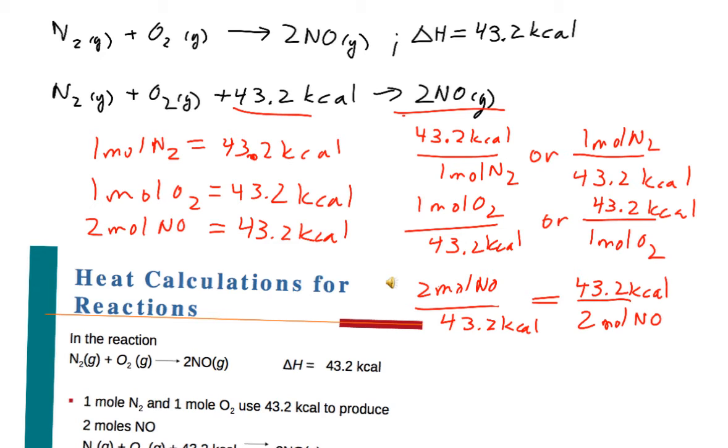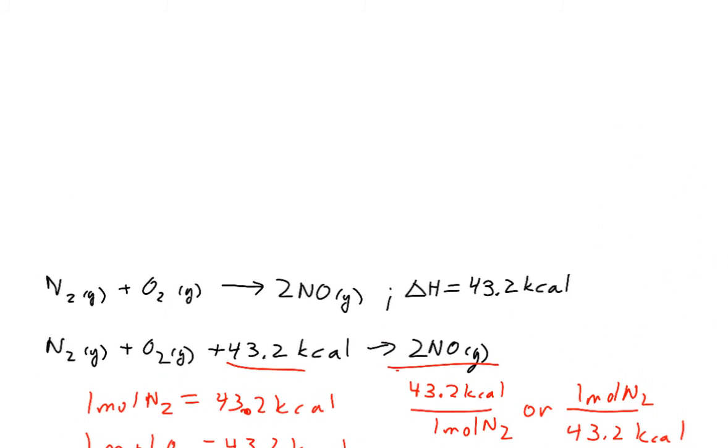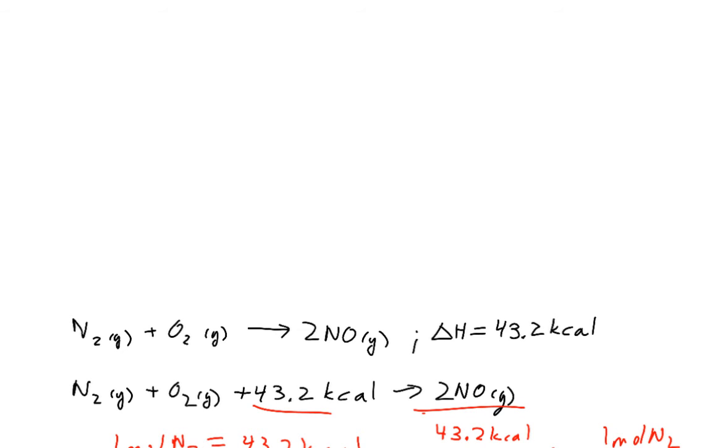All right. So a chemical reaction gives you those relationships. And the great thing is, if you have that relationship, that means you have the ability to do some stoichiometry with it, which is exactly what we're going to do here. For example, if I have